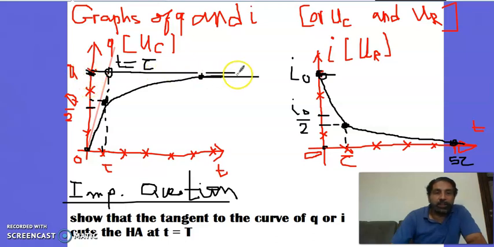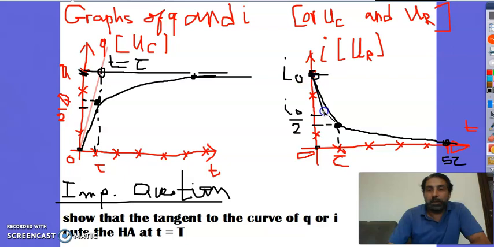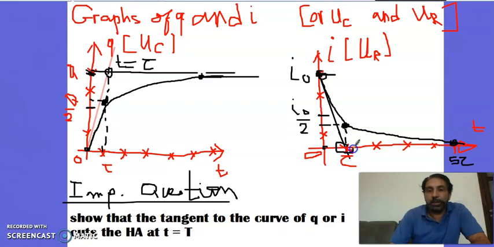So this is the horizontal asymptote. This is the tangent. They intersect at t equal to tau. Can you verify this in mathematics? You should do this. Okay? It must be a very easy job for you. Similarly, let me take the tangent here. This tangent cuts the horizontal asymptote at t equal tau. Clear? The same here. At t equal tau. And also it must be an easy job. You have to recognize